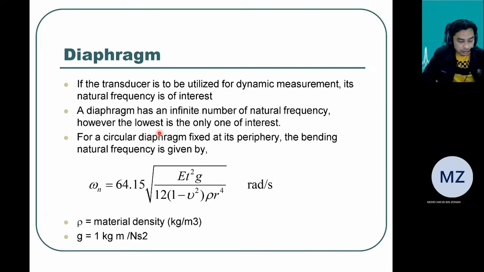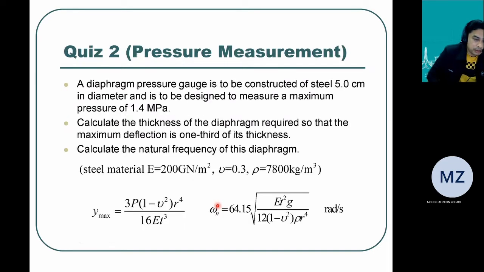So the same information: T is the thickness, E is the stiffness, G is the gravity, or in this equation we usually use G as 1 kilogram per meter over N squared. N is to the power of 2, and we have V as the Poisson ratio, and this is rho for the density. All right, so if we look at the example here,